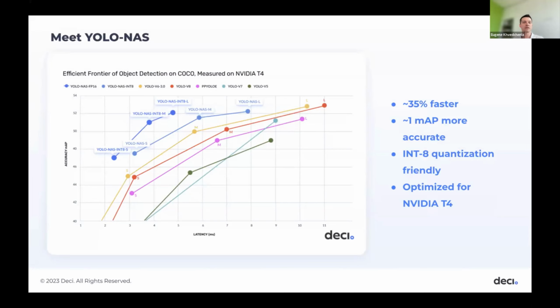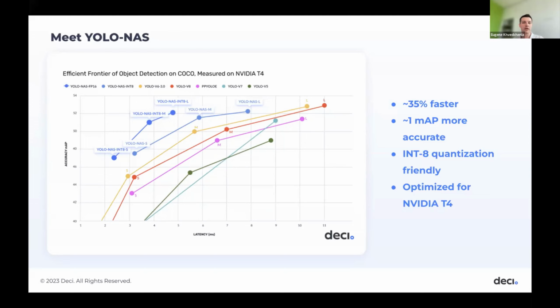And this is the frontier plot. On the x-axis, you have the latency, essentially the time it takes to get the predictions from the input image. And on the y-axis, you have the accuracy, the mean average precision measured on the COCO dataset. So top left is where we want to be: more accurate and faster models. Here we showcase the final result we obtained. We'll talk later about how, but it's important to see that YOLO-NAS, both the S, M and L variants,